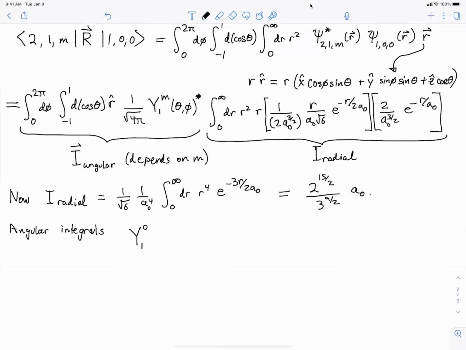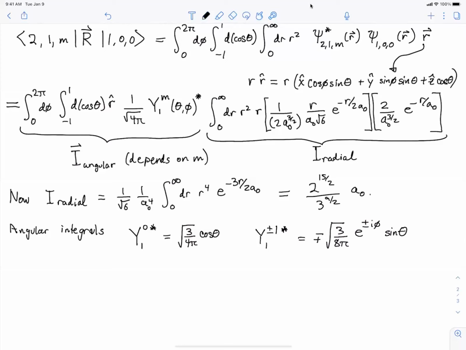So Y_10 complex conjugate, it turns out you can look that up, and it's square root of 3 over 4 pi cosine theta. And then Y_1, we might as well do plus or minus 1 together. That is equal to minus over plus square root 3 over 8 pi e to the plus or minus i phi